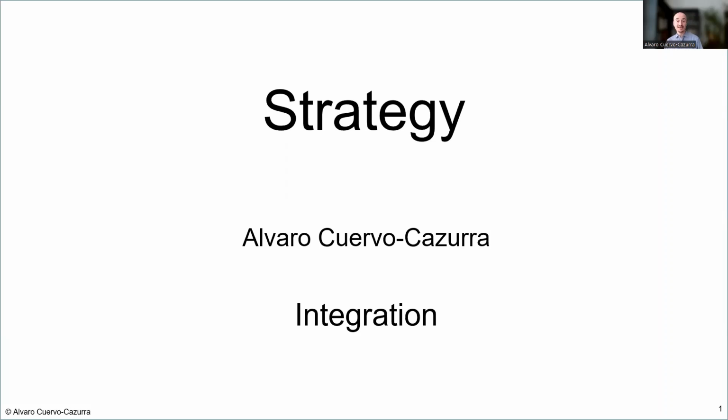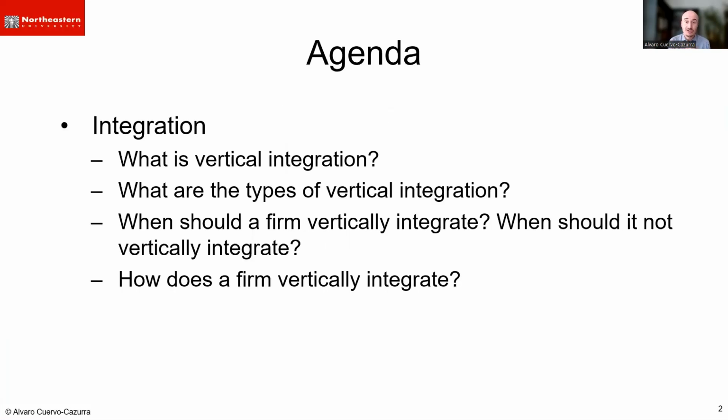Hello and welcome to the course on strategy. Now what we're going to be discussing is integration. This is the idea of how you go as you expand your company. You can integrate, you can diversify, you can internationalize. The focus for today is going to be on integration, and the agenda, what we're going to be discussing is